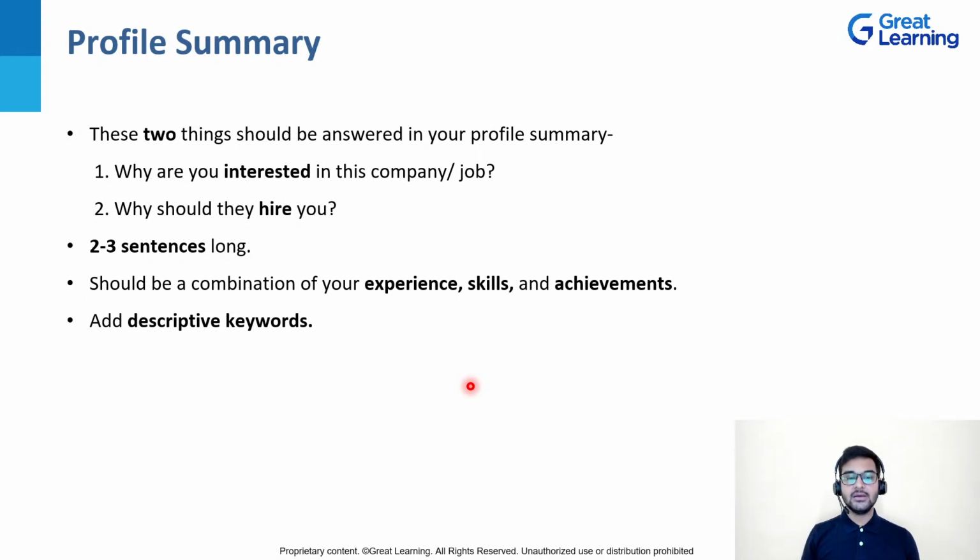Why do you want it? Because you are interested in this part of the job. Why do they need to hire you? Because you have these skills. And that will eventually make a very good answer for you. It should be a combination of your experience, skills, achievements. You can say that I have worked in this domain, and that's why I want to switch my career to this domain because I find it really interesting. And then I want to switch here, and I have these skills. I have done these courses, so I am a good fit for the role. So that will be the basic idea behind your answer,